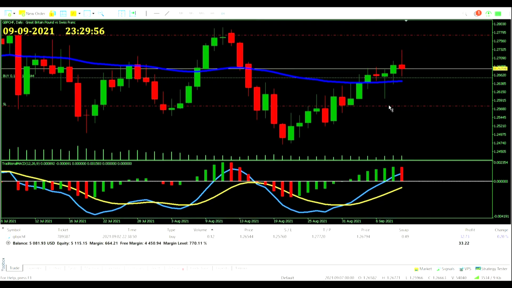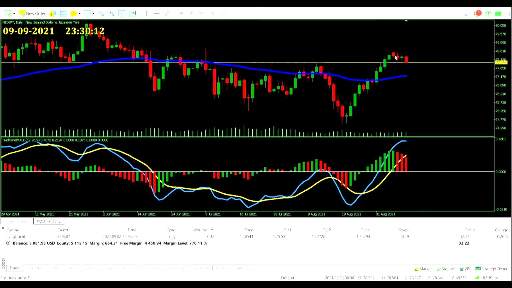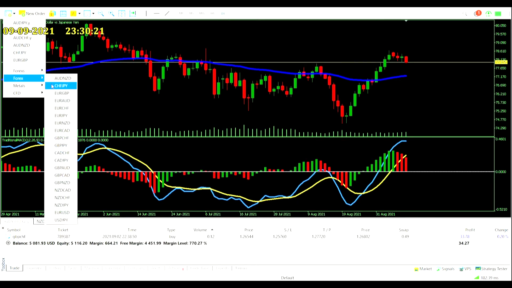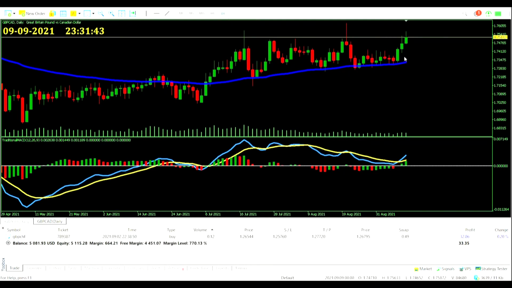So we'll see about those other pairs, if there are any other trades out there for us. New Zealand dollar against the Japanese yen continuing its pullback here. Looks like it's going to be one of the reddest days in a while, and that could continue. Could also not. The Great British Pound Canadian dollar, this is that buy trade that we could have taken yesterday. So far it would have been going in our favour a little bit, but we didn't want to load up